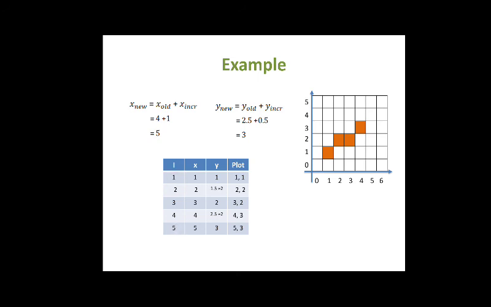So you can see again this 5 shows the iteration, right? This is nothing but 1, 2, 3, 4, 5. These are the iterations, how many times we are doing this x increment and y increment. These are the new points, like 5 comma 3, which is shown here as 5 comma 3. So you can see now this is the line you have over here. This is the line we can draw by using this DDA line algorithm.